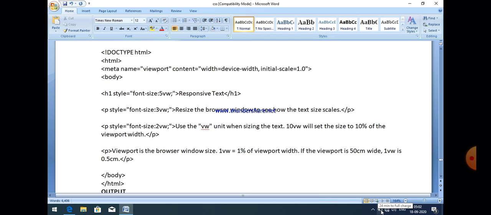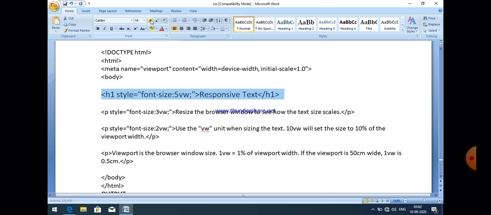So h1 is a tag here. You can easily see that for h1, style font size colon 5vw is mentioned here, and this is our example of inline CSS. So we use here style as an attribute. Now this is the line. Just read this line very carefully.